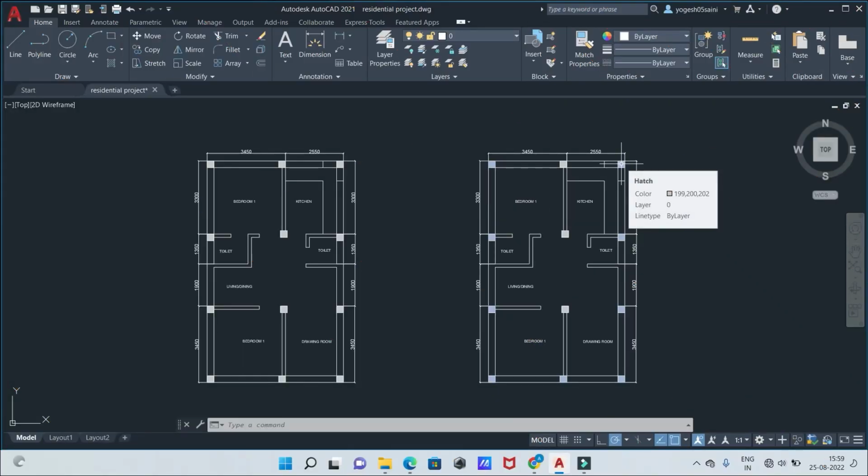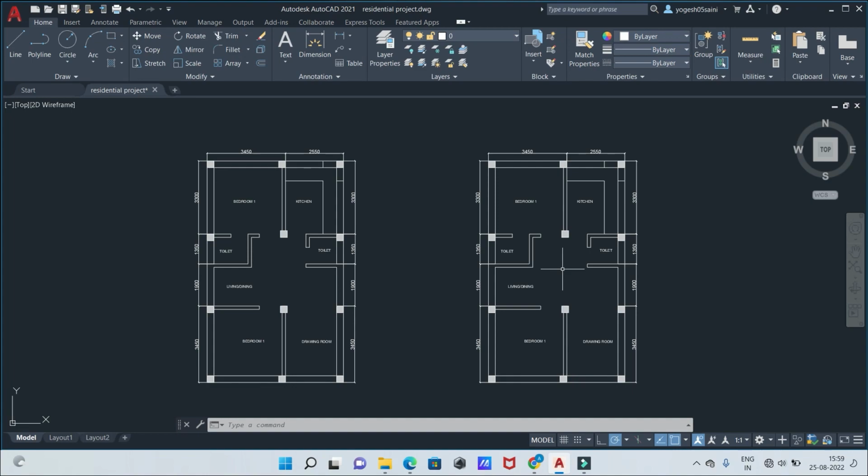So the first thing that we are going to cover in this video, the first topic, is how we can prepare the AutoCAD file for Revit. This topic is a very important one and we are going to do that professionally. Here you can see that I have opened the AutoCAD plan. And we have two plans here. The one on the left side is the ground floor plan and the right one is your first floor plan. So the first thing we need to do is separate these two files